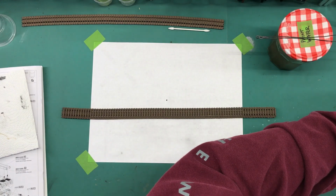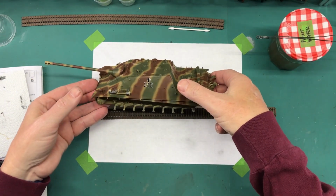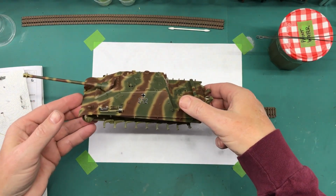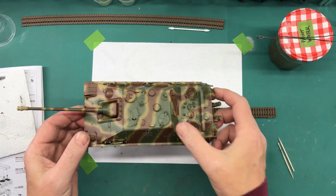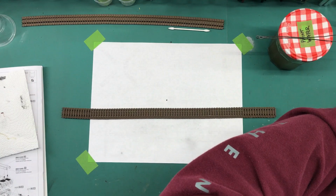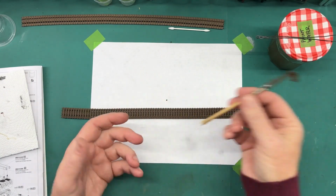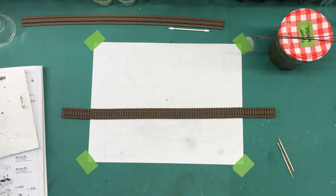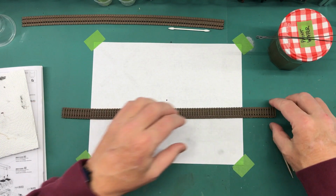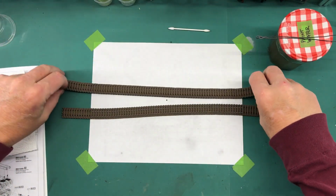Okay, with all the details painted on this, I sprayed some clear over the decals to kind of blend those in a little bit. So I'm going to let that sit aside and dry really well. I painted the jack the camouflage color of the back, so that should be good. So next thing I'm going to do while all that's drying is start working on the